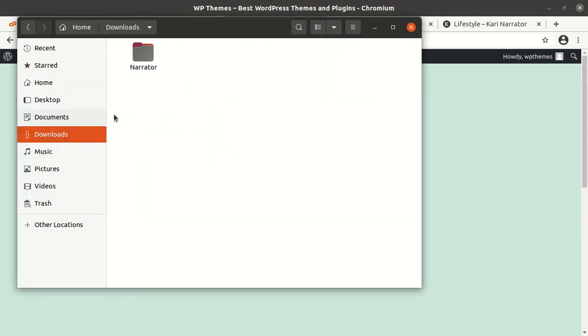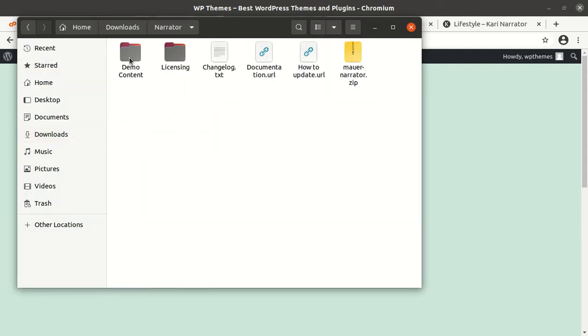In the theme pack, I have demo content, licensing, changelog, documentation, how to update URL, and the Manure Narrator zip file, which is the theme file actually. Let us begin the installation.